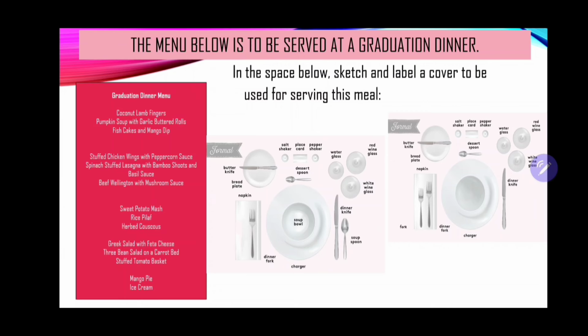Now let us look at the graduation dinner menu. The first step you have to do is decide how many courses, right? Based on this menu here, just take a minute and take a look before I tell you guys how many courses you think we have. Let's run